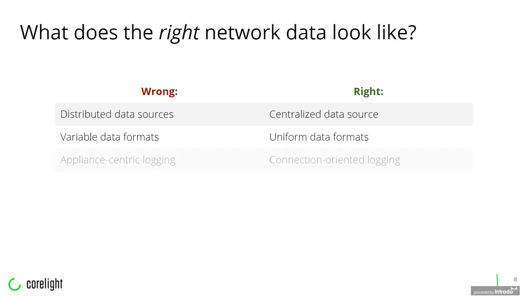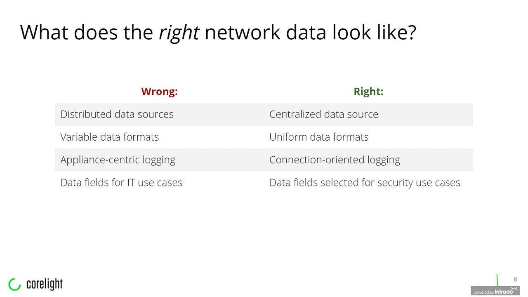back and forth. There should be less detail about your state tables and memory consumption, and more detail about what's happening at an application and a user layer. The data should be security-oriented. Port flapping details are great for a NOC, but you're probably more interested in a MIME type mismatch if you're